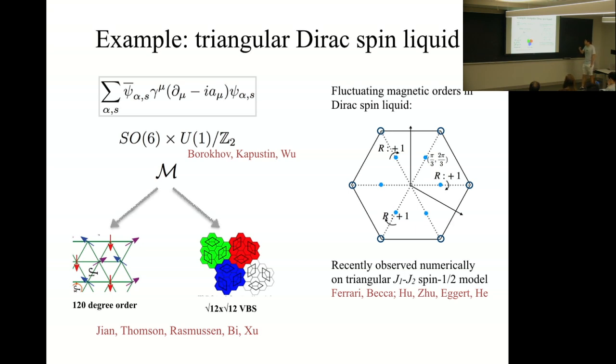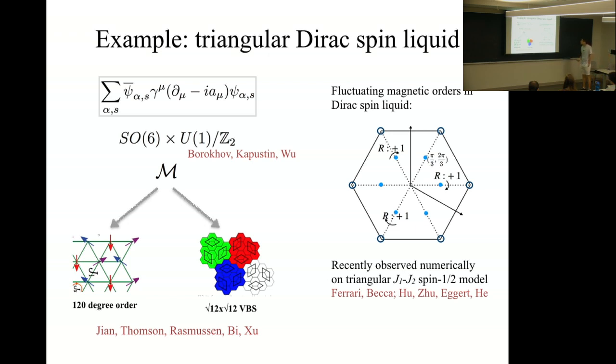Okay. So that has two consequences. One is that this symmetry breaking order, you expect them to be reasonably close to this algebraic or Dirac spin liquid. And the other thing is, within the Dirac spin liquid phase, you expect them to be important fluctuating degrees of freedom. They're basically primaries in the CFT.